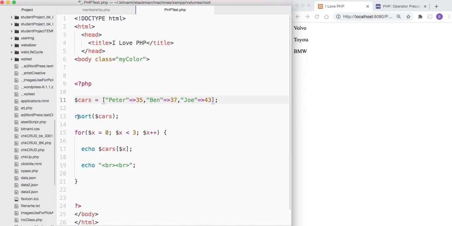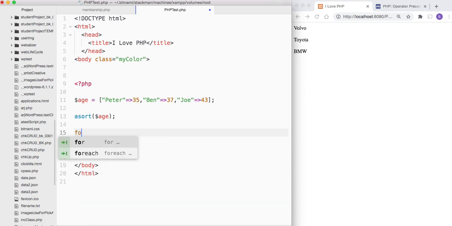Now we're going to do the asort. That means it's sorting by the associative, which is this stuff, the actual key. So we do age. This is more appropriate. Let's do age here. Right? And then for each of these things, we could say foreach $age